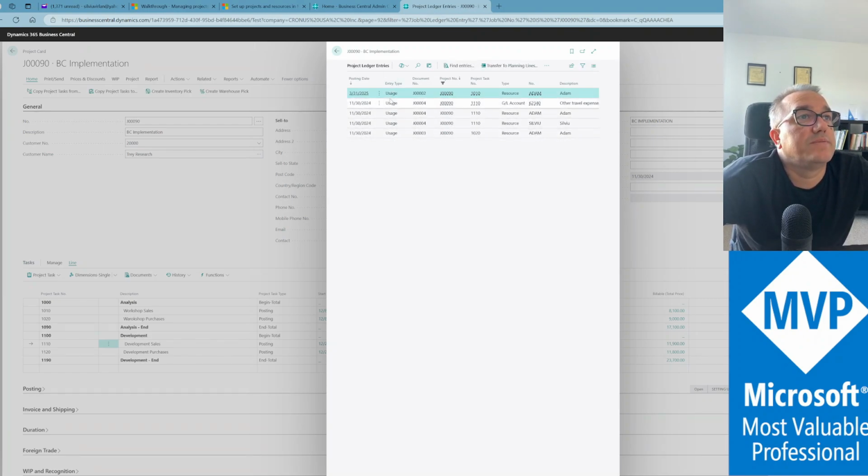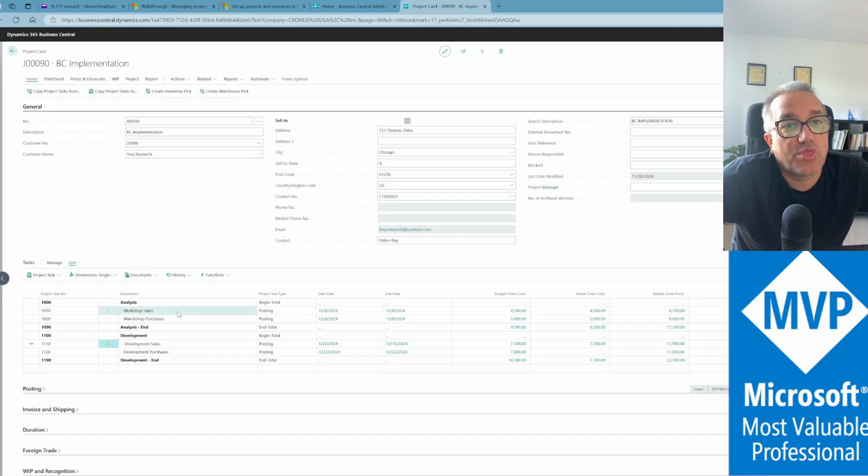All the entry types are usage, and we have all the entry types for those three tasks: workshop sales, workshop purchases, development sales, and development sales. For development purchases, we need to go now into